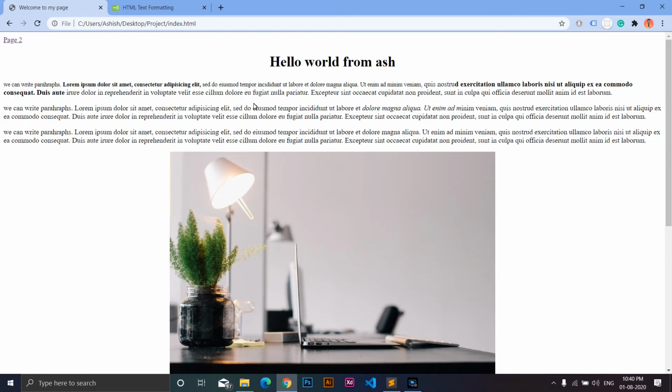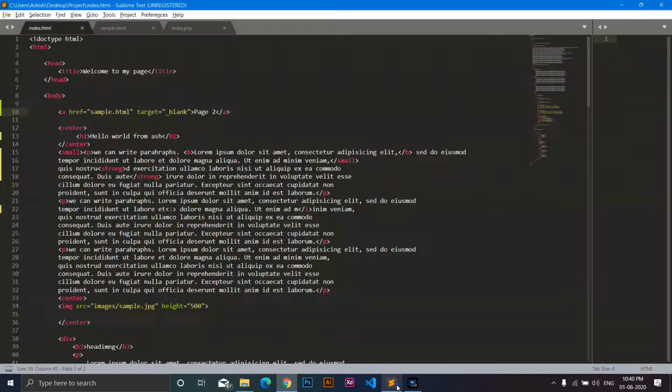Okay, now coming back to CSS, the full form of CSS is Cascading Style Sheet. CSS is nothing but a rule defined on HTML. Coming back to our code, this is our heading, and we can define CSS rules which are going to tell the position, colors, and lots of stuff about this h1. Basically we are defining a rule for our HTML, and to define a rule for this heading we can use the style attribute, and inside this style attribute we can write our CSS.